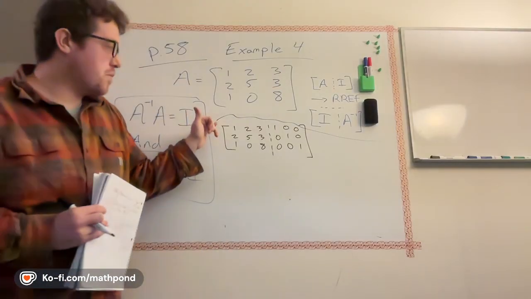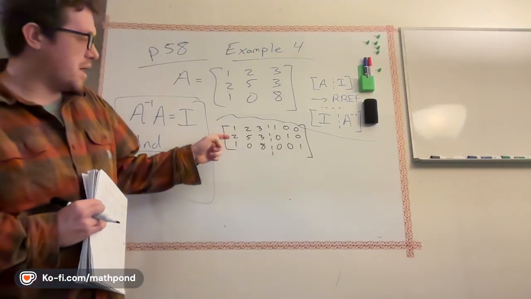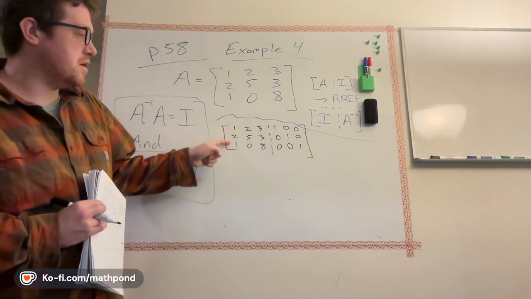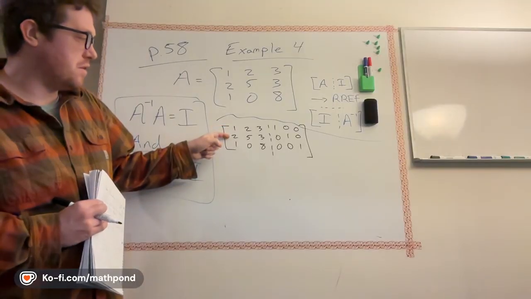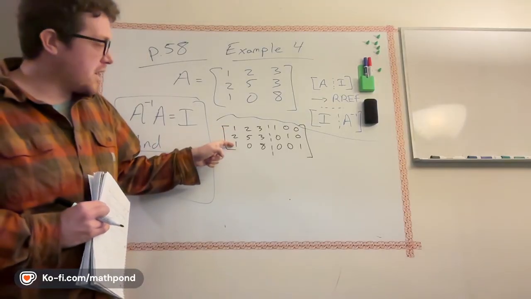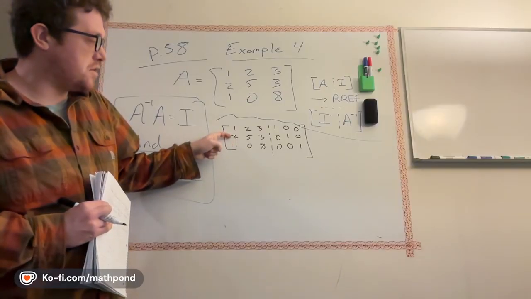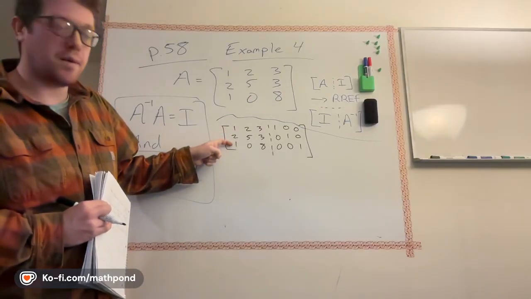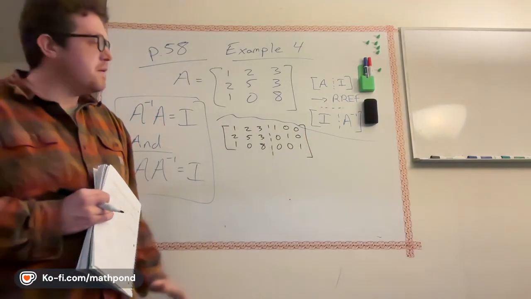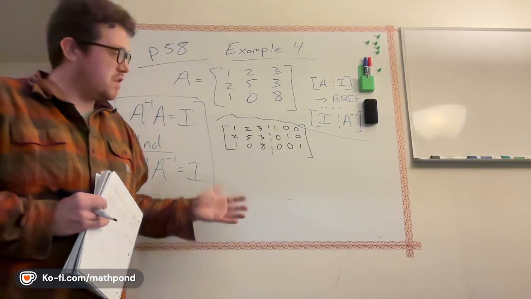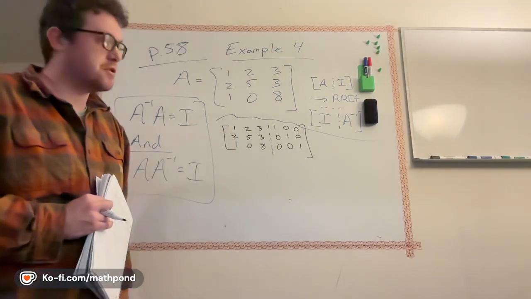And now we're just going to perform these row operations. So I have 1, 2, 1 here in the first column. My goal is to get 0 and 0 here. So I'm going to subtract 2 times the first row from the second row, and subtract 1 times the first row from the third row, so that this becomes 2 minus 2, and this becomes 1 minus 0. All the other coefficients become affected as well, but I have no control over those. All I'm trying to do is create a 0 here and a 0 here in the first column.